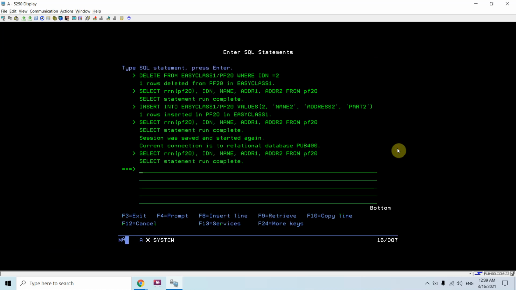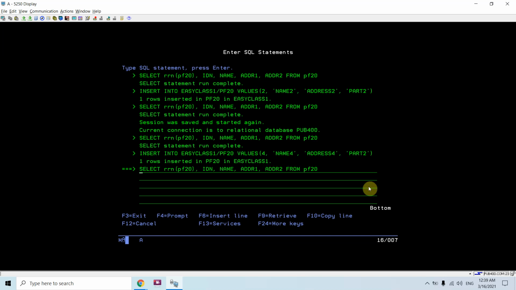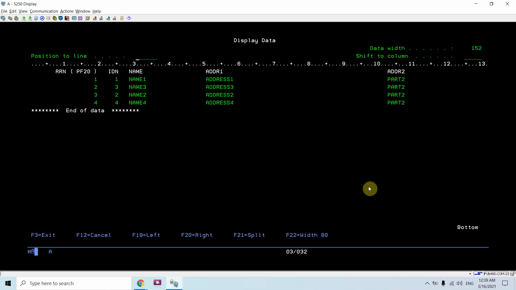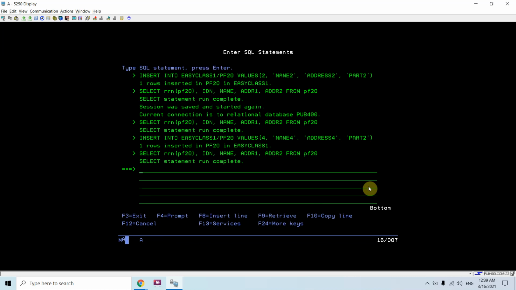For example, if I now insert again, it will take the fourth RRN, that is correct, because I just ran the reorganize pfm command on that physical file.